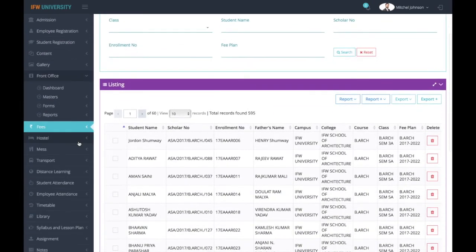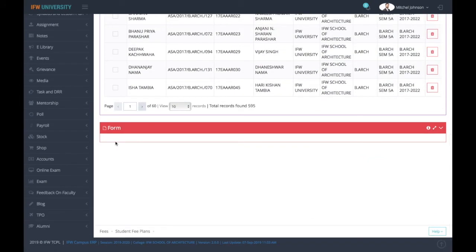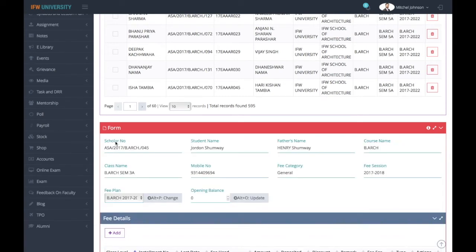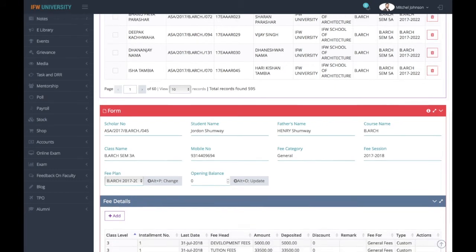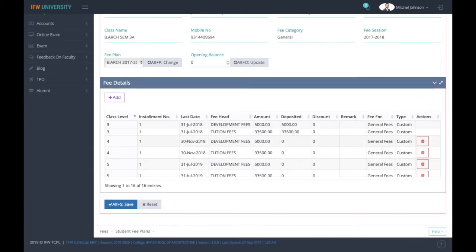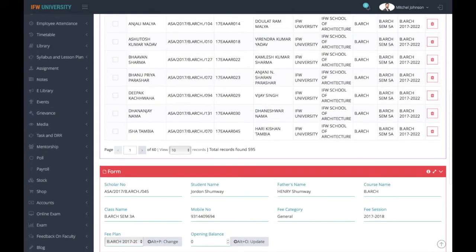These fee plans that have been created are now going to be applied on the students. You can apply these fee plans on the student in two ways, either from student registration, as was shown in the previous video, at the time of registration itself, or using this form.